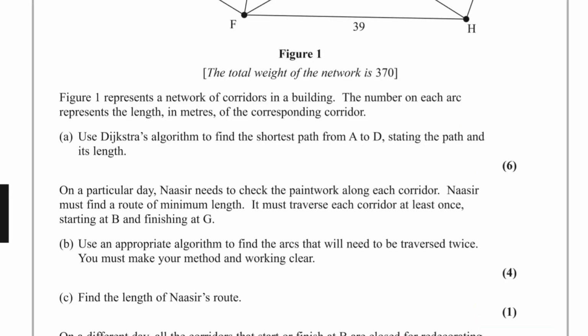Now for part B of the question, on a particular day, NASA needs to check the paintwork along each corridor. NASA must find a route of minimum length. It must traverse each corridor at least once, starting at B and finishing at G. We have to use an appropriate algorithm to find the arcs that will need to be traversed twice. You must make your method and working clear. Okay, so